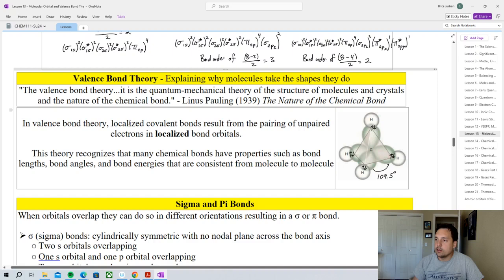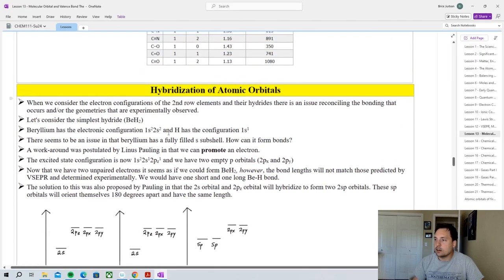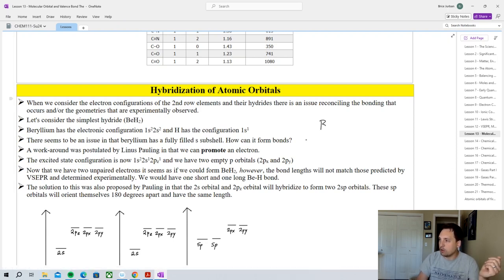Well, at the beginning, I talked about how valence bond theory looks at localized covalent bonds that result from the pairing of unpaired electrons. If we look at the electronic configuration of beryllium, it's got all paired electrons. So how can beryllium have a bond with hydrogen? Because normally I've been drawing beryllium like this. Why have I been drawing beryllium like this when it should really look like this based off of its electronic configuration? Its two valence electrons are paired up, right? So why have I been drawing it like this, and why have I been drawing it on either side? Well, I have